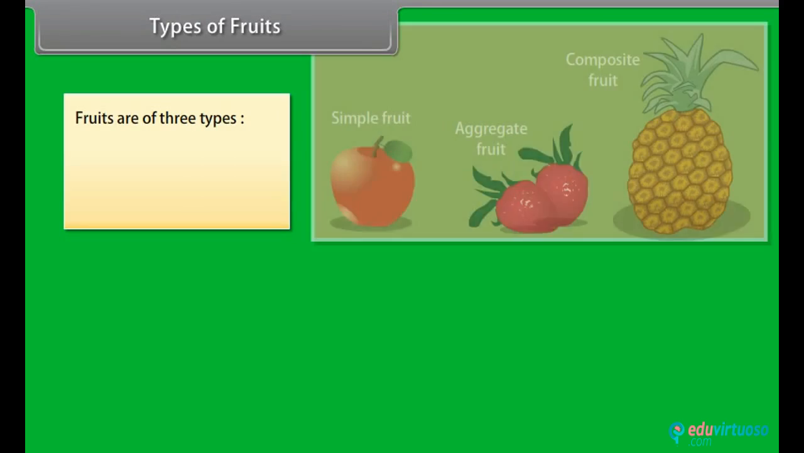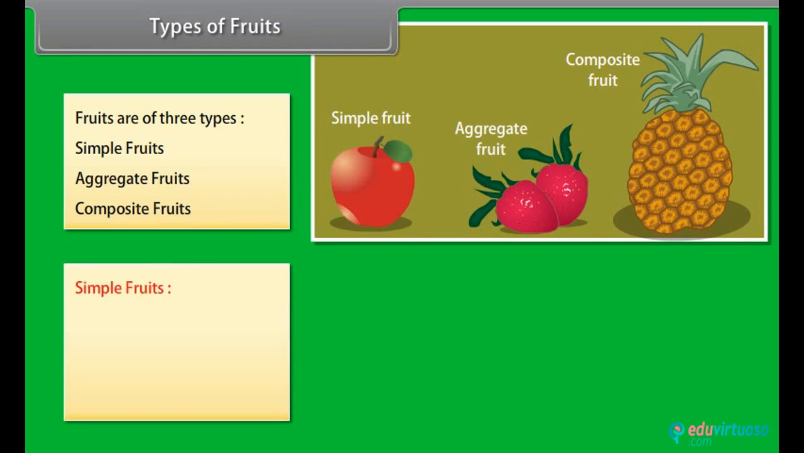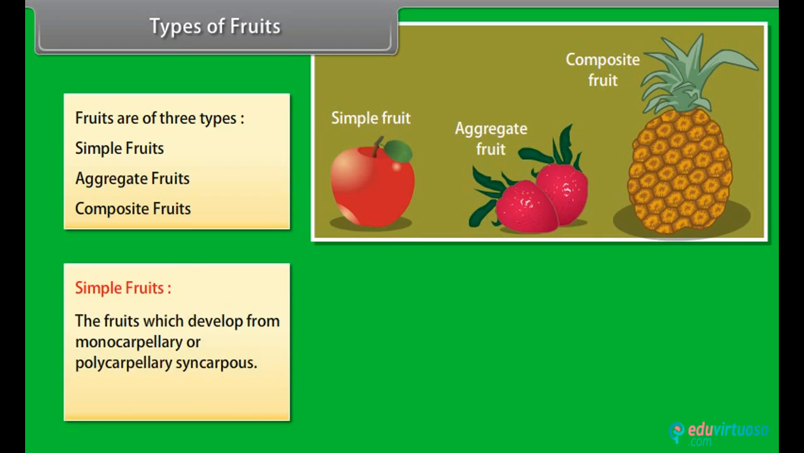Types of fruits. Fruits are of three types: simple fruits, aggregate fruits, composite fruits. Simple fruits. The fruits which develop from monocarpellary or polycarpellary syncarpous ovaries. Example: